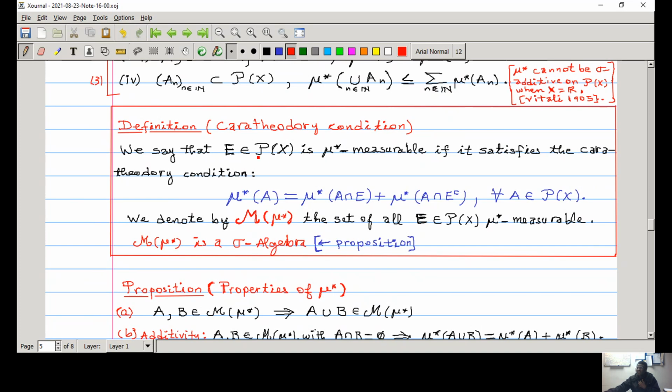So an element of the power set, that is a subset E of X, is said to be mu star measurable if it satisfies the Caratheodory condition, meaning that this condition is true. That is, for any element of the power set, that is for any subset of X, its outer measure is equal to the measure of its intersection with E plus its measure